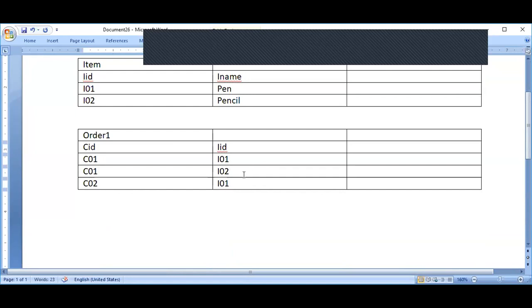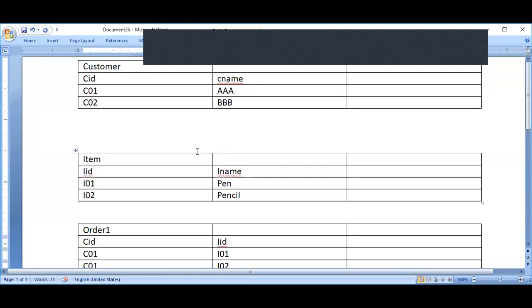Now, suppose I want to display the customer name and the items purchased by him. I want to display customer name and item names purchased by him. In that case, you people have become experts, so you know that we can't only take the customer and item tables.